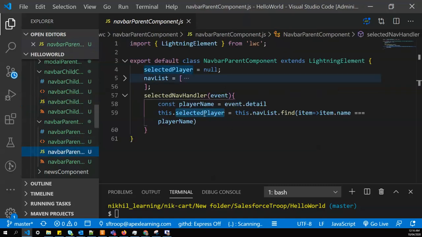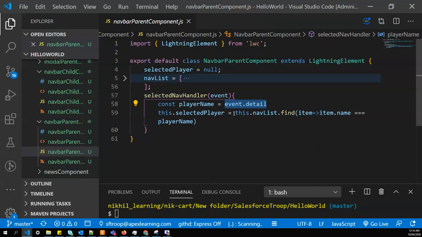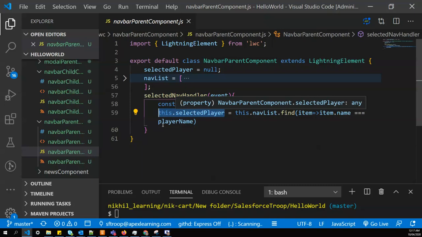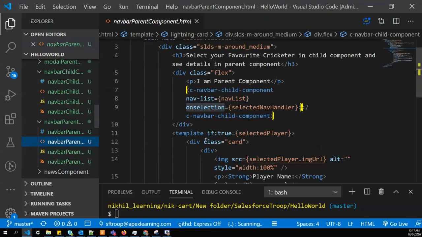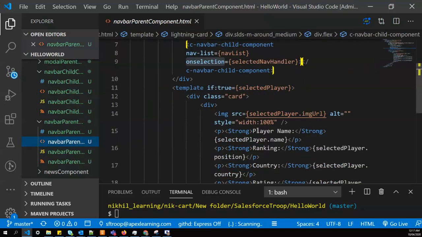Once the parent component gets the name, it will go to the actual array or list of players and find which name matches the name passed by the child component and set that value to the selected player. As the value is set to the selected player, our card component becomes visible and renders the details.